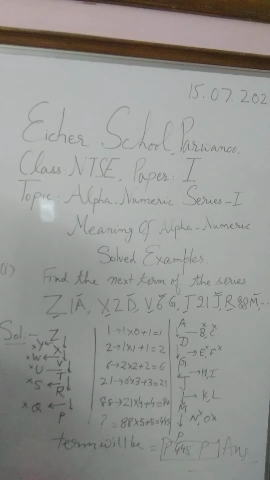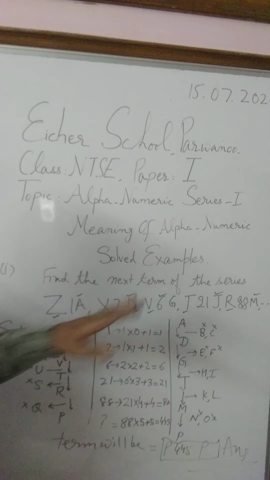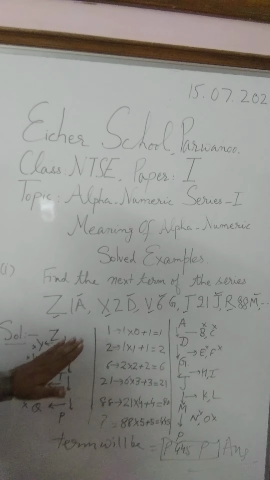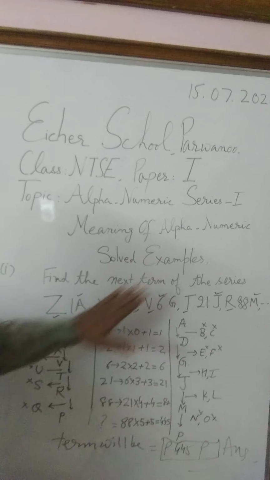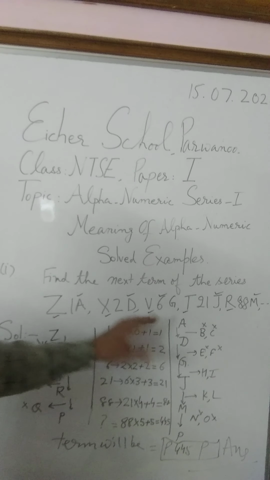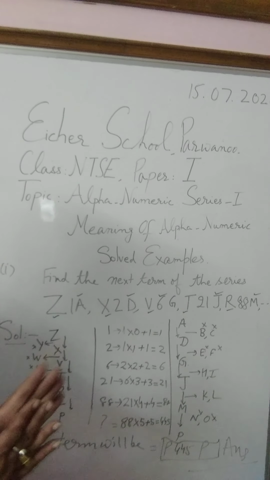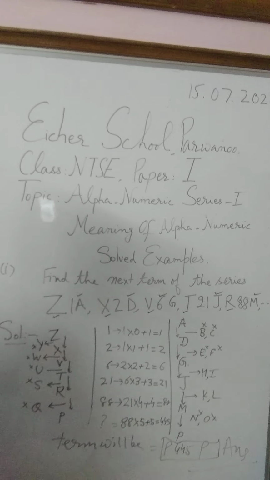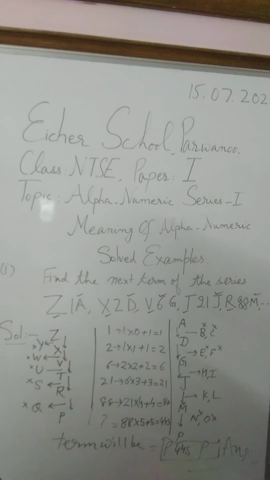So in this way we will find the next term of our series when all the different terms are closely interrelated with each other, and how they are related, that is the main question of this series, and we will find a proper relationship of these multiple terms of each block which are closely related to each other, and from there we will conclude our answer. Now let us come to our second.